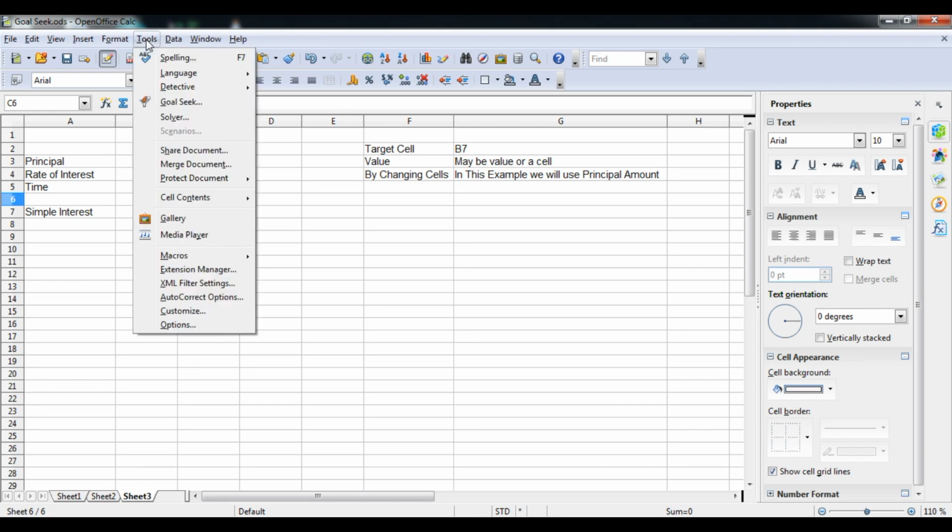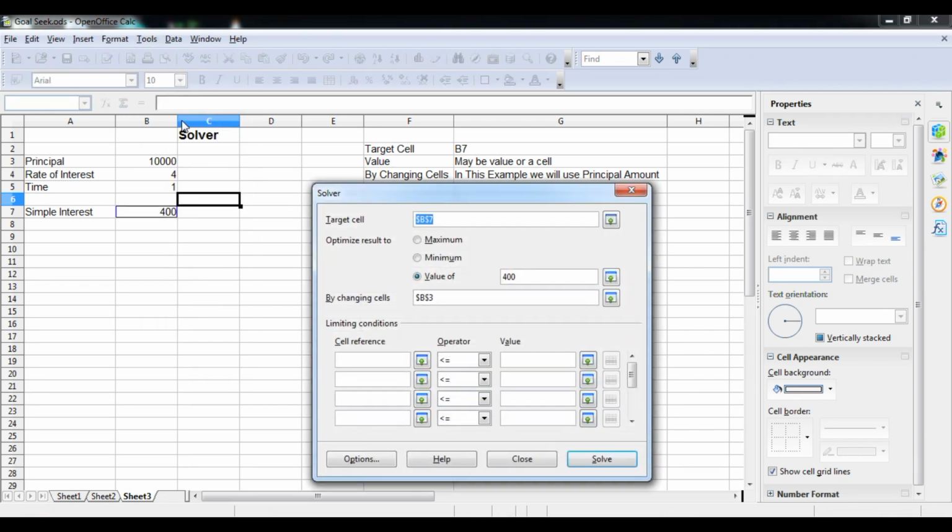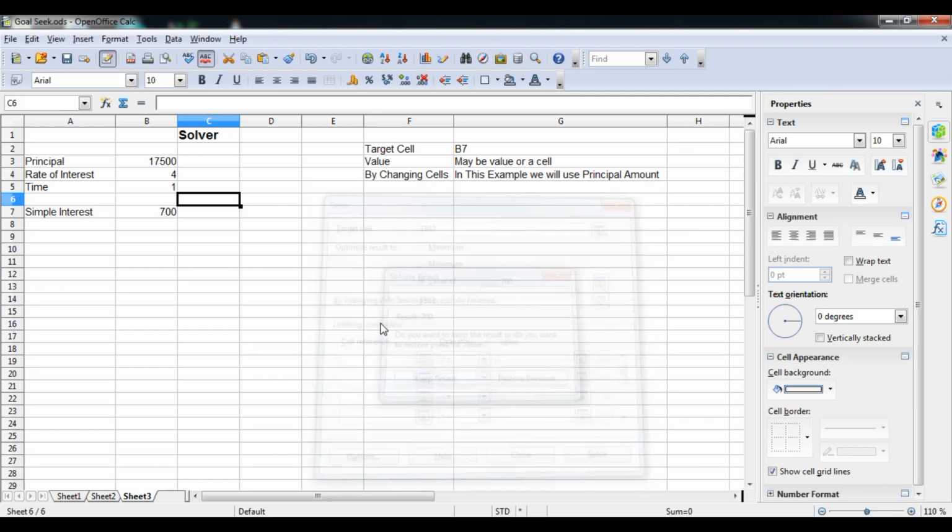So, students, we have learned today what Solver, Goal Seek, what-if scenario, and what-if multiple operation are. In this, you can provide the value and the cell reference; it should be more than or equal to whatever the value, like this also. You can directly use this also. Suppose 700. Now solve it and keep the result. Now you can see that if the simple interest is 700, we get the answer 17,500.